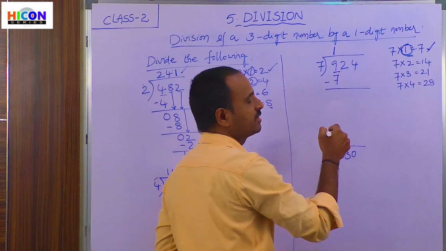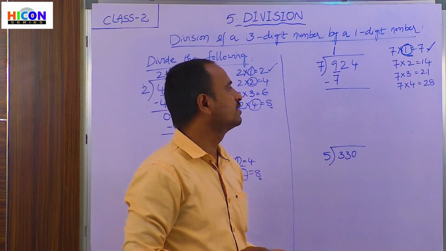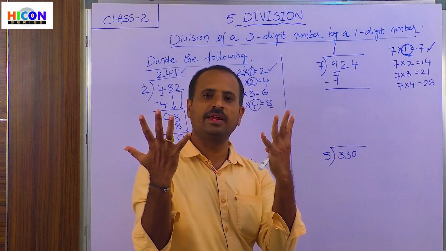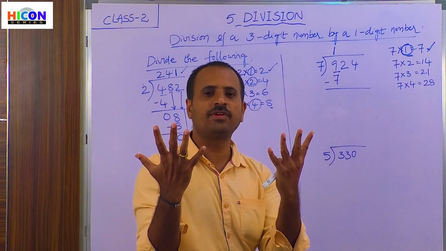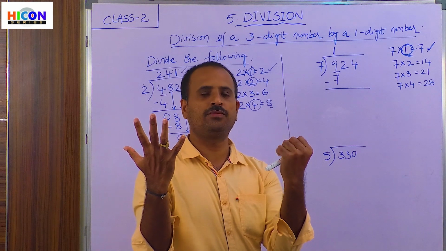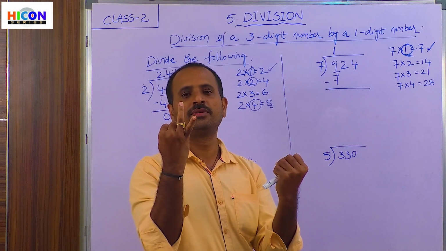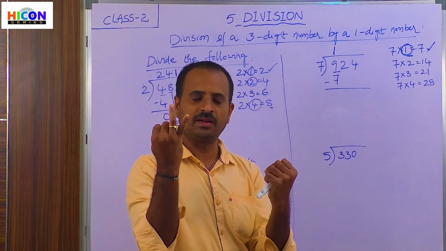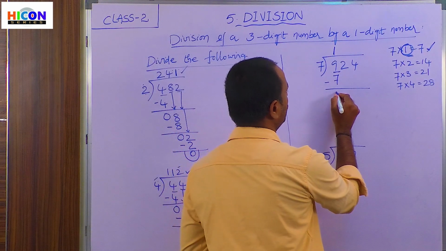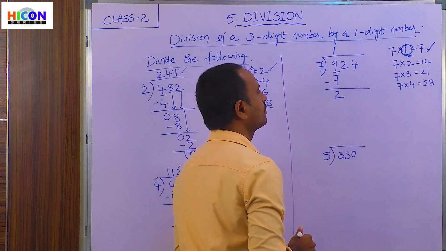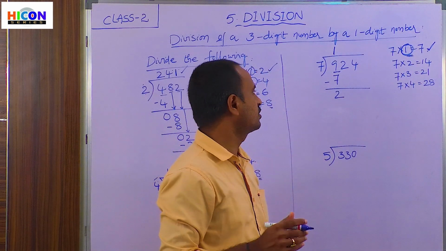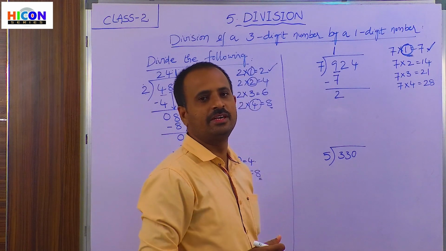If you subtract 7 from 9, that is 9 minus 7, so open 9 fingers. These are the 9 fingers, and close 7 fingers among these. So close 7 fingers: 1, 2, 3, 4, 5, 6, 7. How many fingers are remaining? There are 2 fingers remaining. So write 2 below the first digit. And we did not get the number 2 in the 7th table. So that's why bring down the second digit in the dividend.